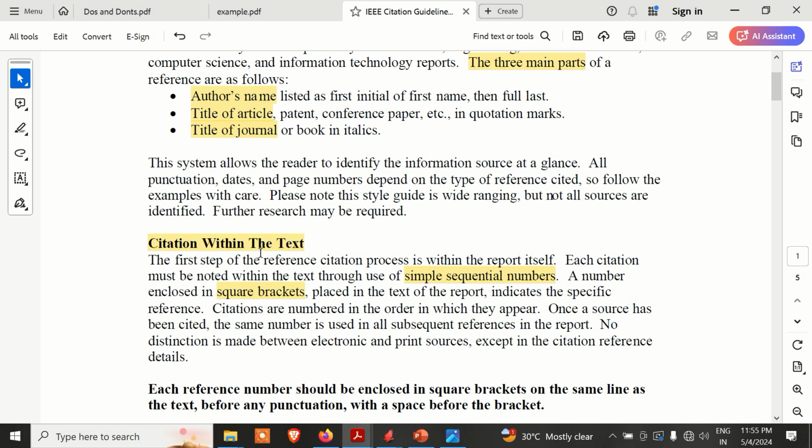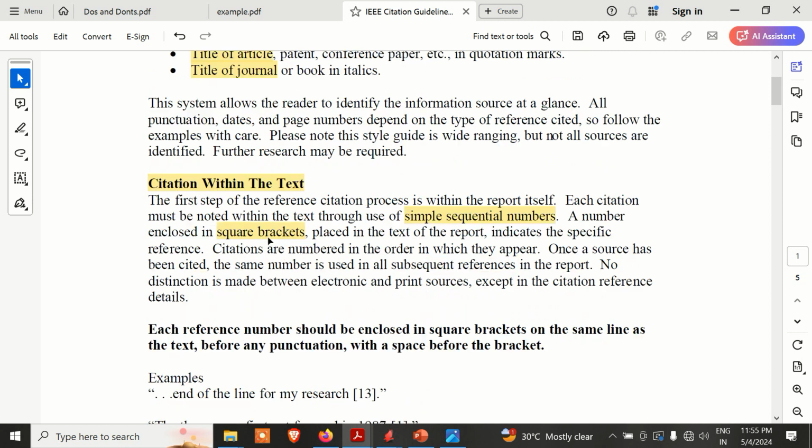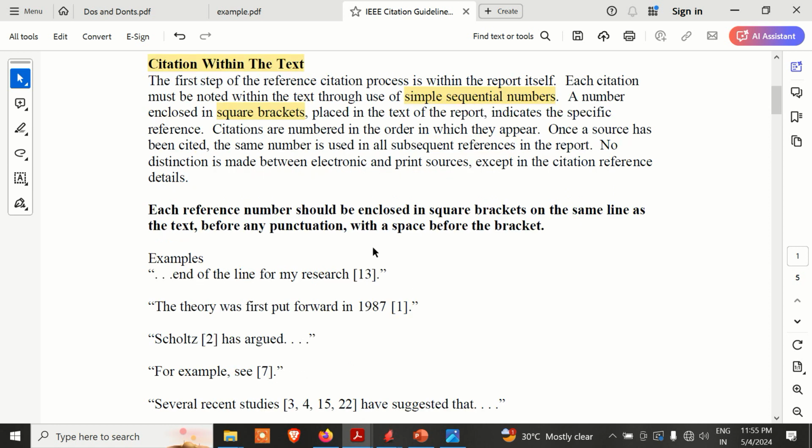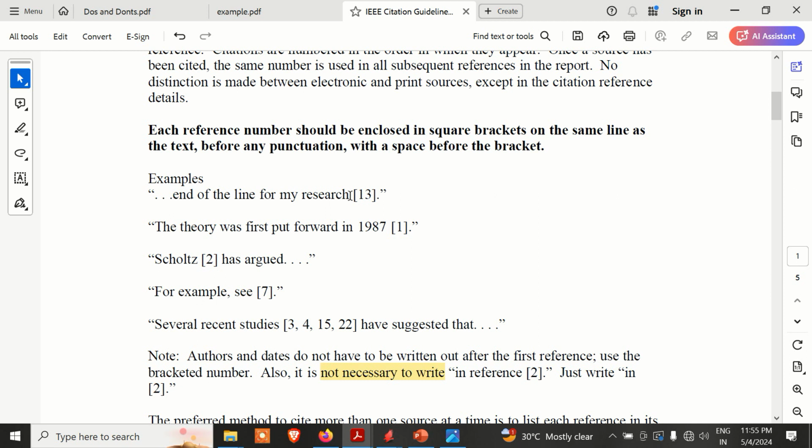And if it is more than one reference, then use a comma or a hyphen. However, the reference order should be the same. The first reference should be referred to first, in the same order. Each reference number should be enclosed in a square bracket on the same line as the text, before any punctuation, with a space before the bracket. As you can see, at the end of the sentence, there is a square bracket, the reference number, then the full stop,